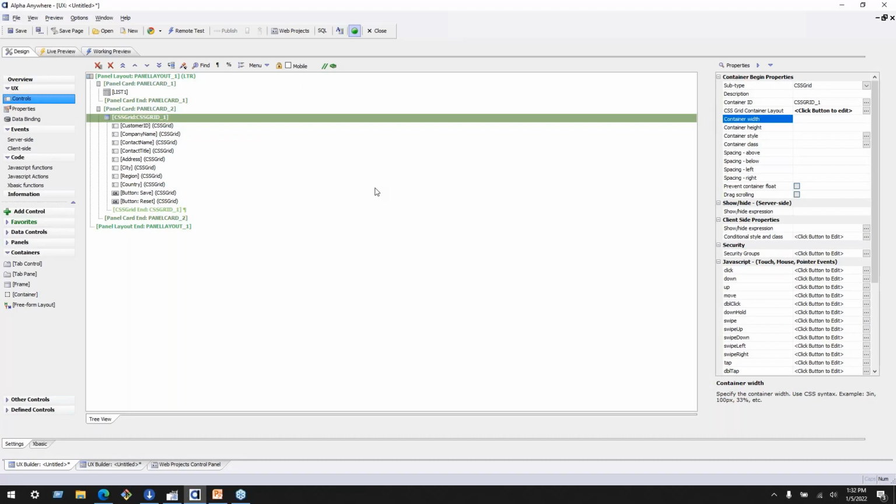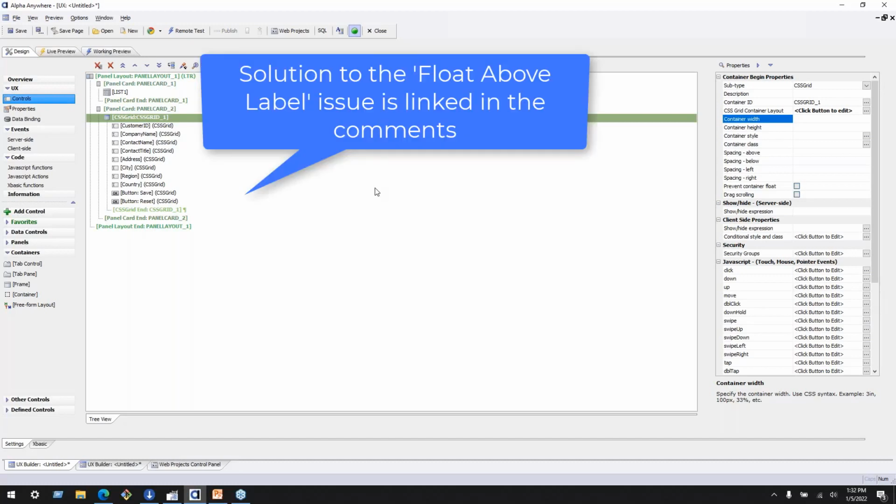Is there some other stuff that you wanted to cover? Oh, wait, it looks like I see another one coming in here. Float above label type disappears in the CSS grid. Why? That's a good question. I don't know why it does that, but